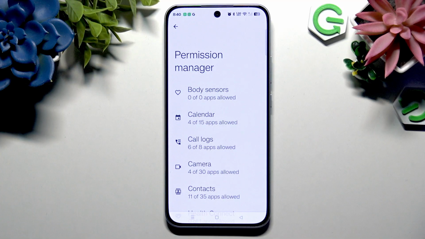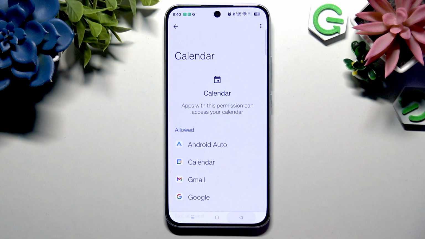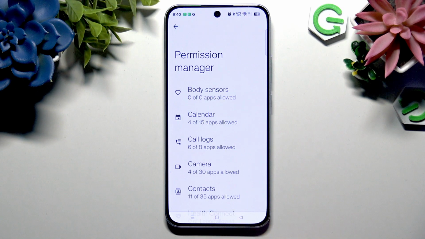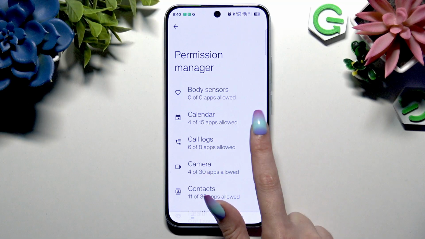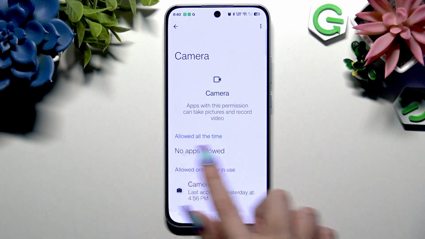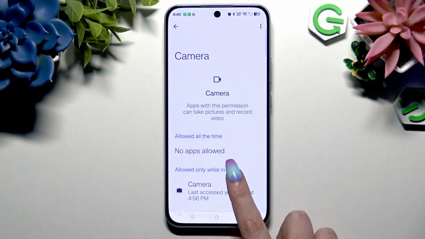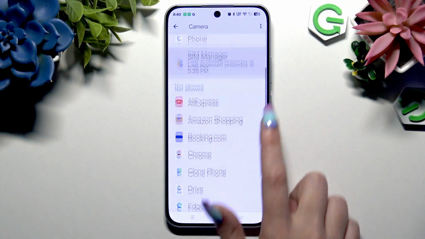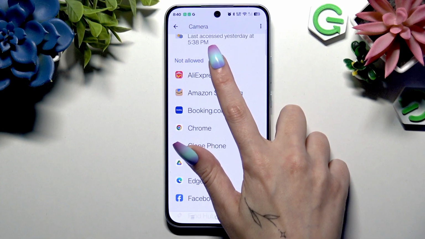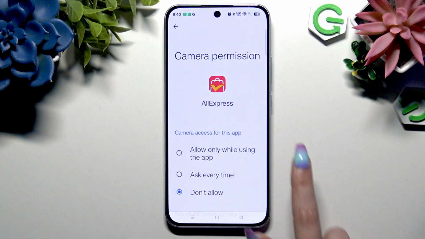Now my favorite part, you can not only tap on one of your features or one of your apps, like for example contacts, camera or calendar, then select any app under those sections: allowed all the time, allowed only while in use, and not allowed. Tap on any app you wanna manage, pick one of those options, and go back, so in my case allow only while using,